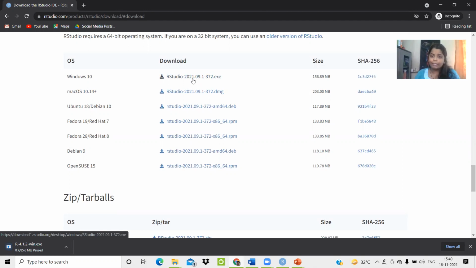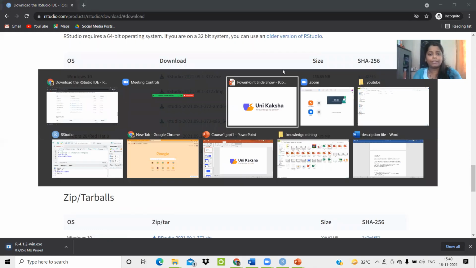That file you have to install. While installing R as well as RStudio, you just have to keep in mind one thing: do not change any of the default settings. Just keep all the default settings as they are. Never ever change any setting. Just click on next, and finally there will be a step called finish. As soon as you click on finish, the software will be installed on your machine. Let me show you how it looks.